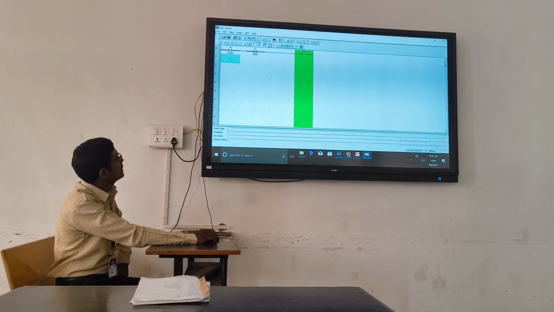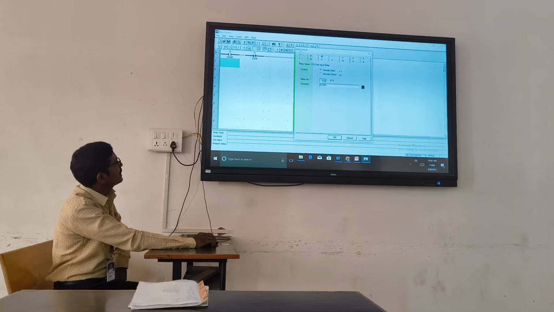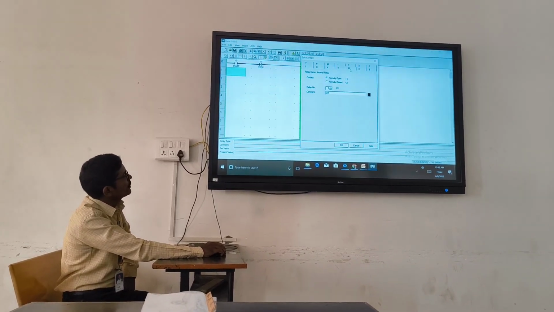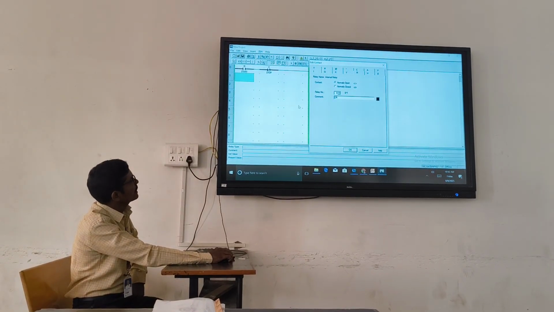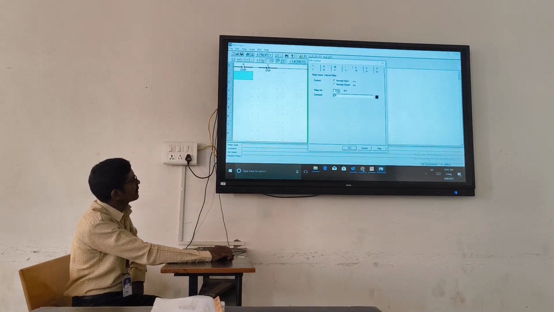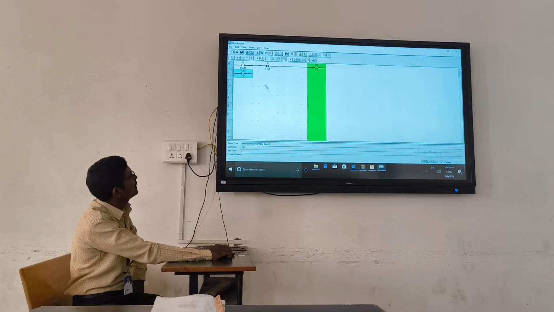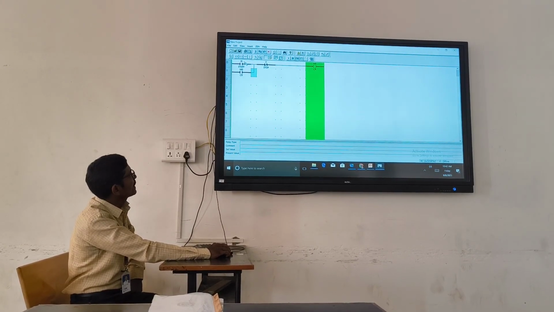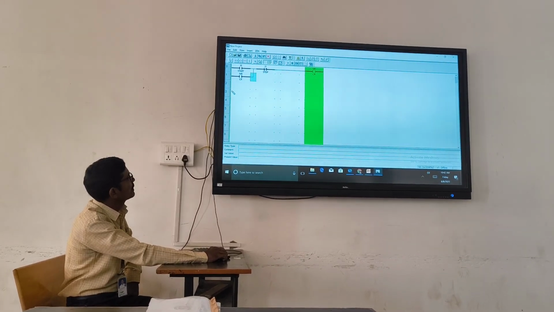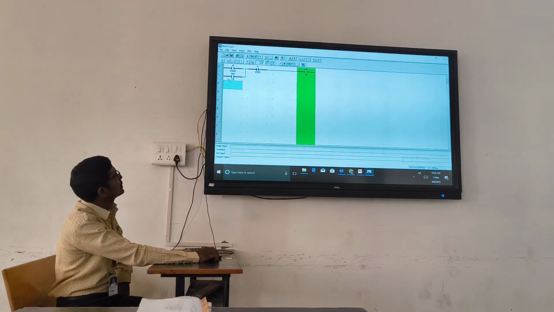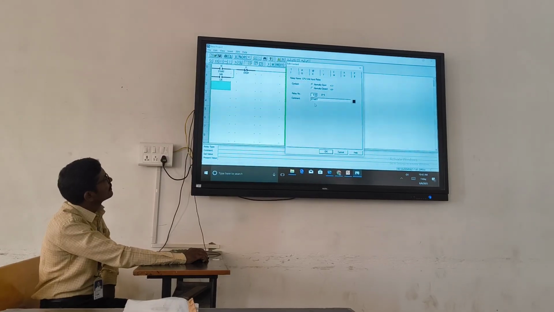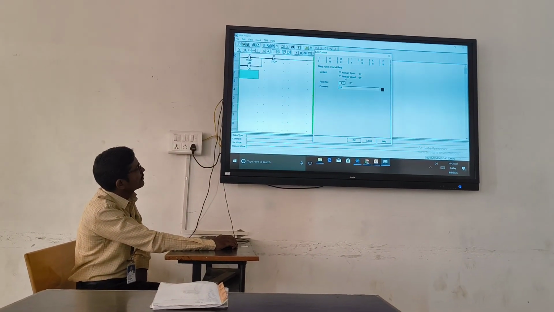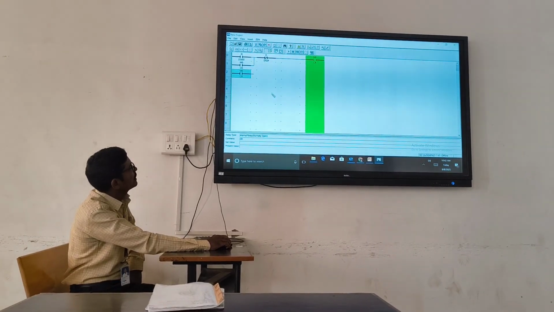Also, you have to use the auxiliary contact. For continuing operations, you have to use the control relay auxiliary contact. This is the normally open contact. See, where to the start button. The next one, we are using the input. The next one is the normally open contact of the control relay.